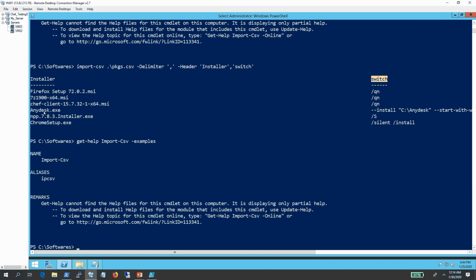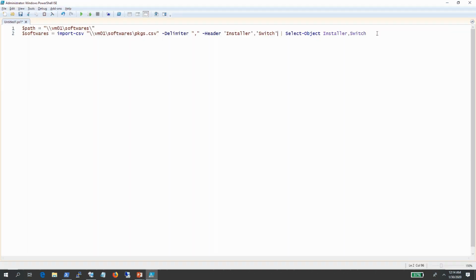So installer is installer name, switch is switch, actually the silent switch used for the installation. This has been defined by us, it's not predefined. So I am actually selecting only installer and switch properties because we don't have anything else and we don't require anything else. So once we do that, this particular commandlet will read the CSV file and populate the information,